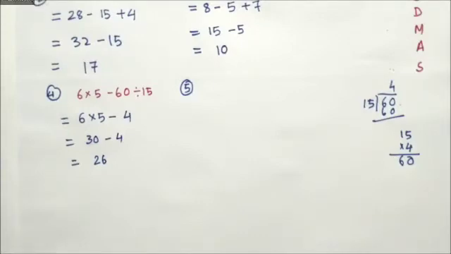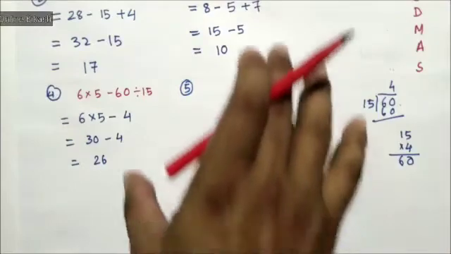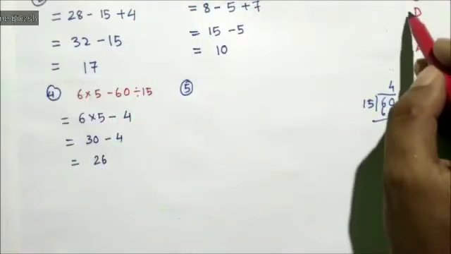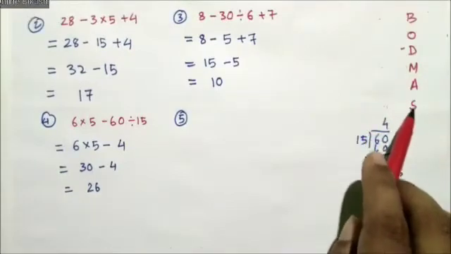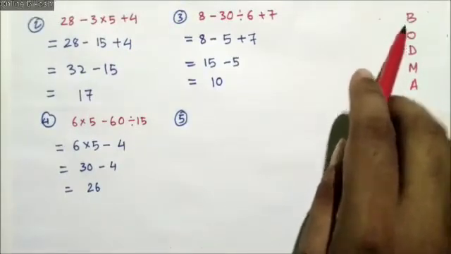If you work out some questions, then it will be very clear to you. Then you will be able to solve any kind of expression containing different operations. We are only solving till here, that means we are only using division, multiplication, addition and subtraction,